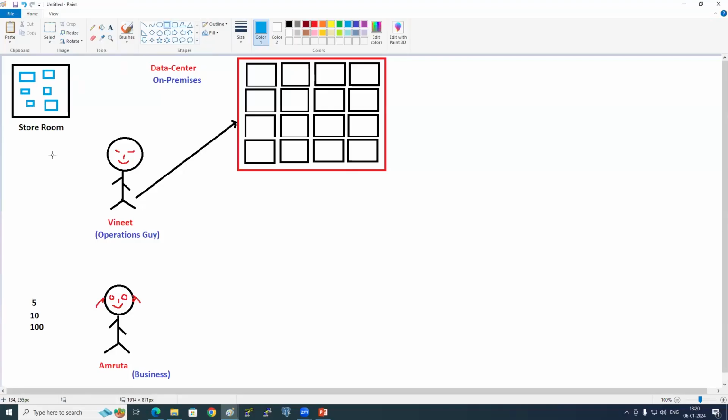You're getting it. You're understanding. You're understanding the pain here slowly, right? So, will there be any space inside the data center to adjust new servers? Fully packed. Fully packed. Only one or two persons can go inside the data center. That much fully packed, you have the servers inside the data center. In this situation,